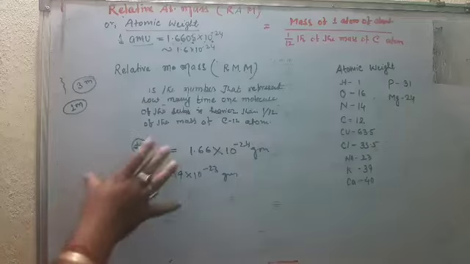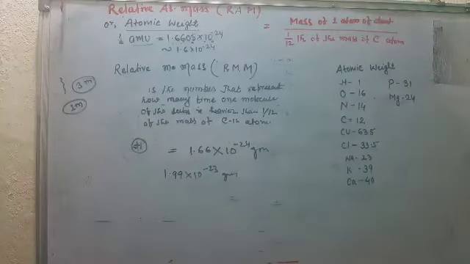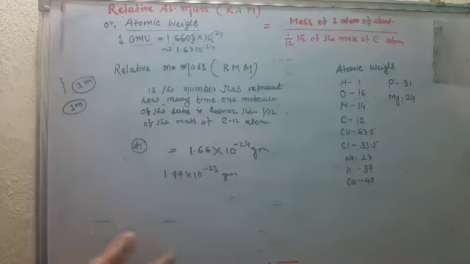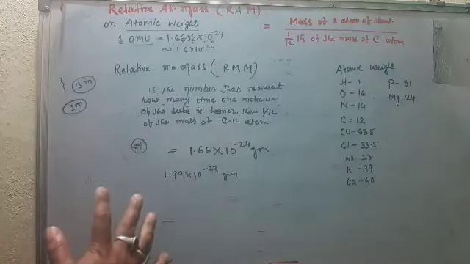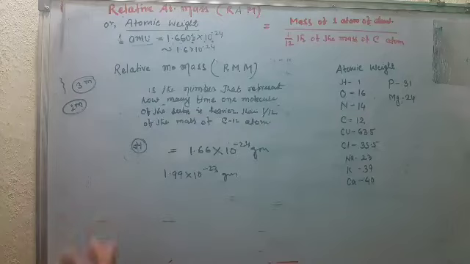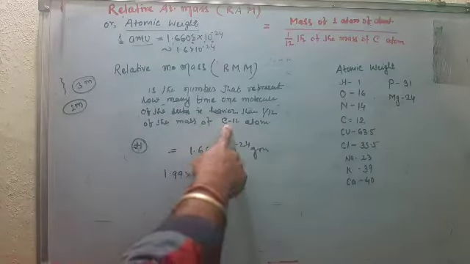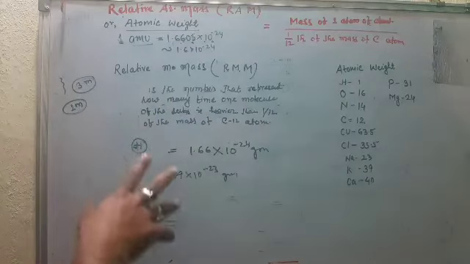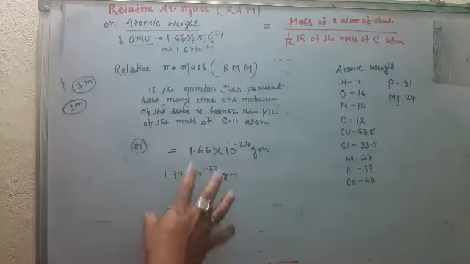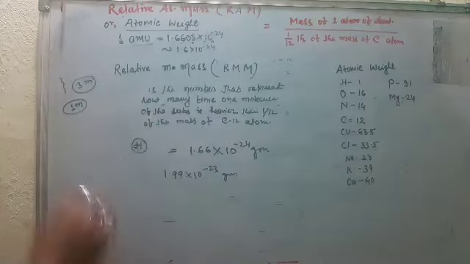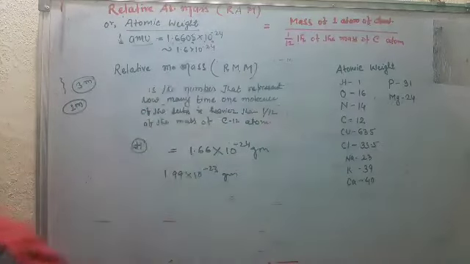So here first hydrogen was chosen. The mass of hydrogen atom was chosen as a unit and masses of other atoms were compared with it. But in 1961, carbon 12 atom was finally selected. You know why? Because if I take carbon 12 atom, then there is the least effect on the values of the other elements.